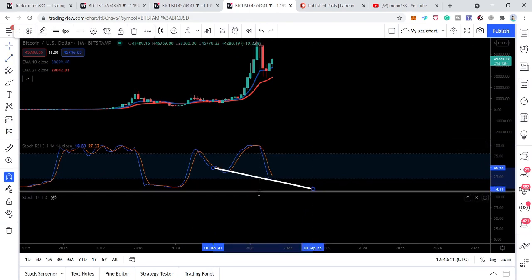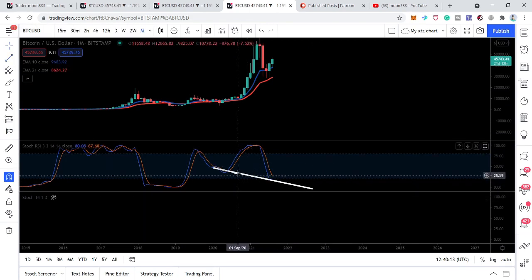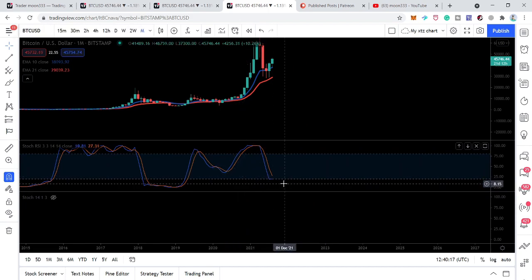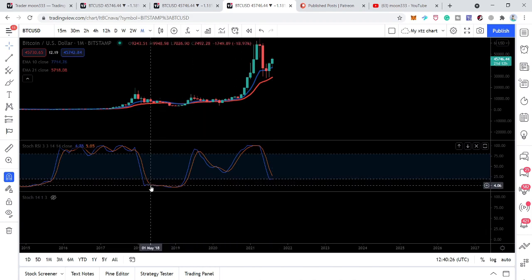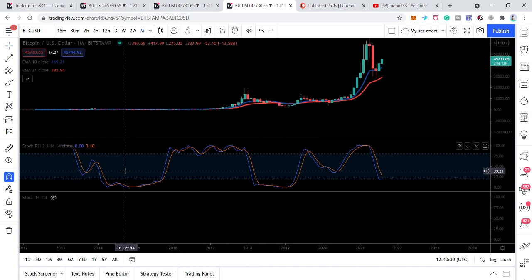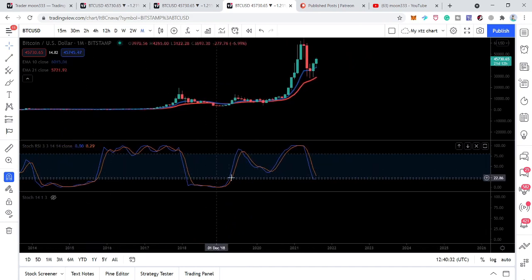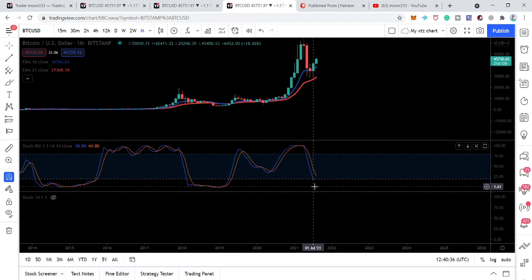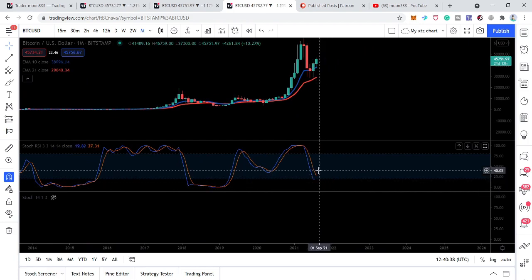And you can see that this stochastic RSI is moving to the right side now, and it has touched the oversold zone here and is going to give the buying signal, like we received buying signals here and here as well. And as per the Bitstamp exchange, this will be the third buying signal in the history of Bitcoin from the oversold zone by the stochastic RSI.